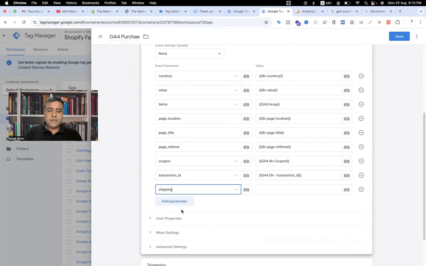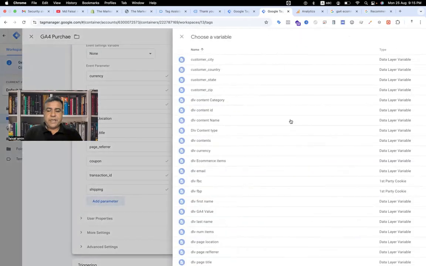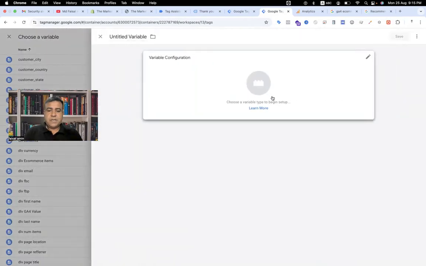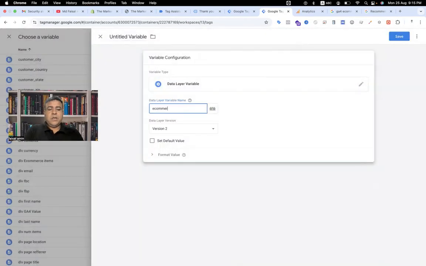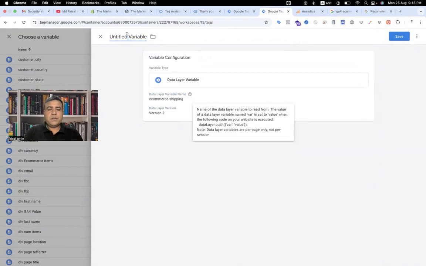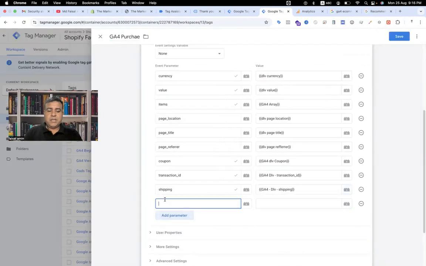Here you can see shipping, so we are adding it. Also plus sign, variable configuration, data layer variable, that will be ecommerce.shipping. So that is the GA4 DLV shipping. Save it. And our last one is